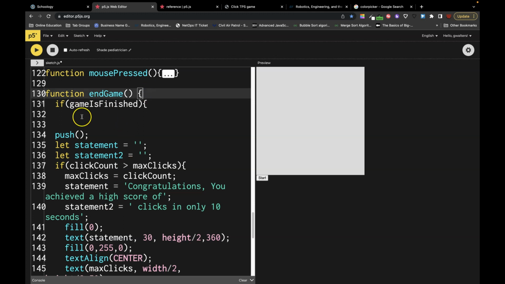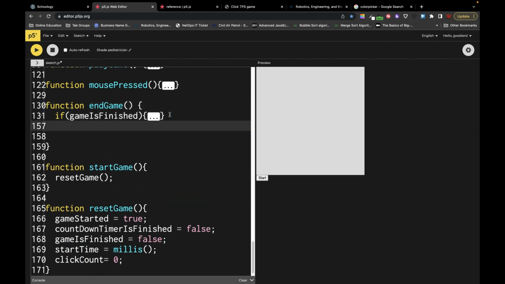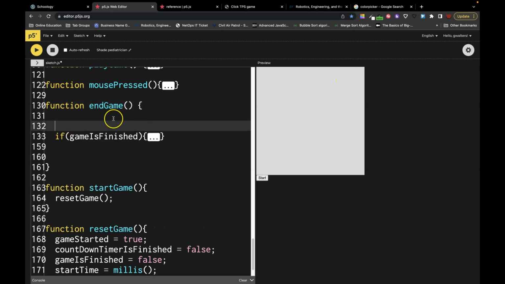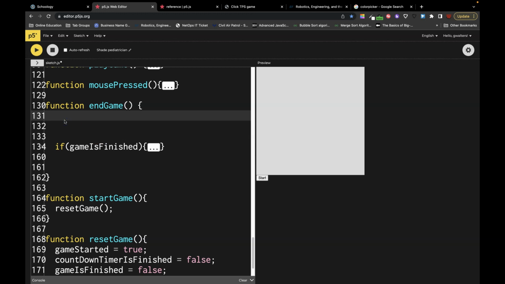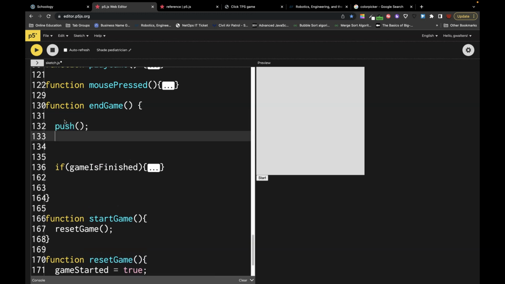End game, I can actually make, if the game is not finished, it's going to display it all the time. Okay, so if I put an else here and say game is not finished, it's going to put that max clicks there. But if I want it to display all the time, then I just need to not put it inside of a conditional. So I want to put a push and a pop,